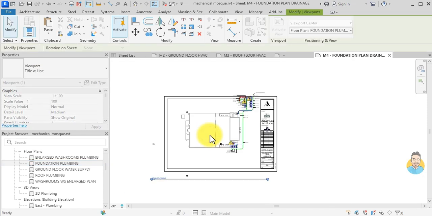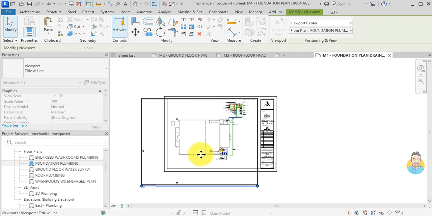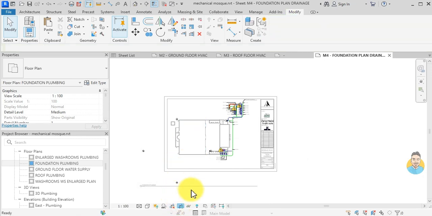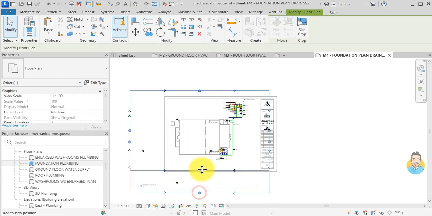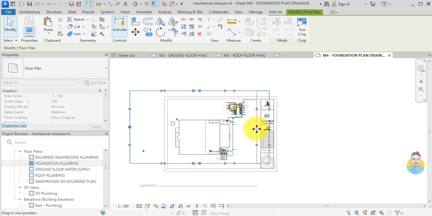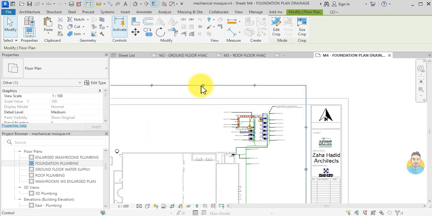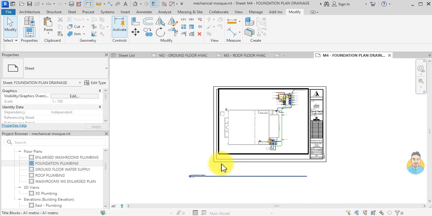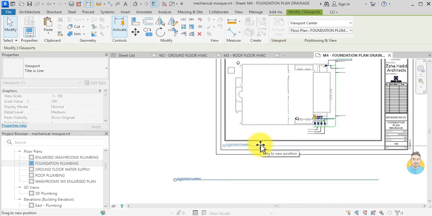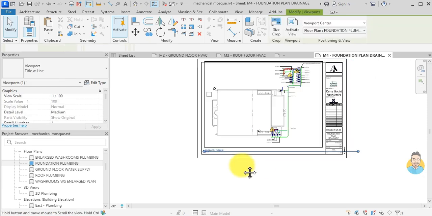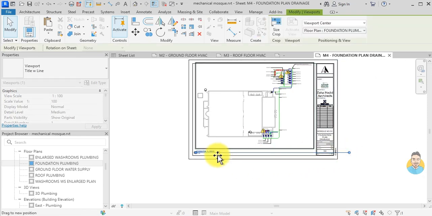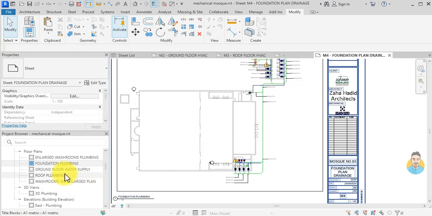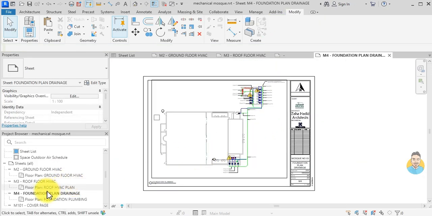I drop it here and then I click here, double click, view crop region, and I crop. And double click, and then I carry the viewport title this way, and then ground floor water supply,